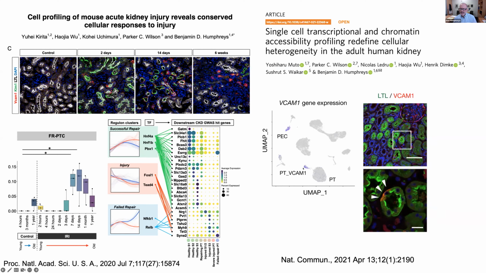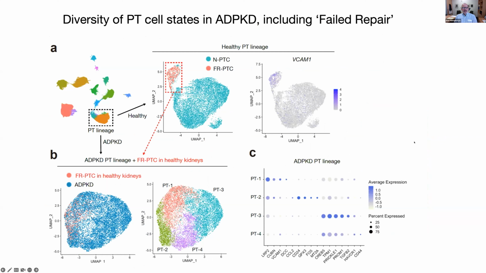Surprisingly, we can also find a subpopulation of these cells hiding out here in red in apparently healthy human kidney, and they accumulate with aging. Point being, this is a pro-inflammatory, not a normal proximal tubule cell state. And when we look at the proximal tubules from PKD, and I should say, by a stroke of happenstance, all of this data that I'm showing you here is now in press as of this morning. We just got the announcement from Nature Communications this morning, so very auspicious and appropriate,